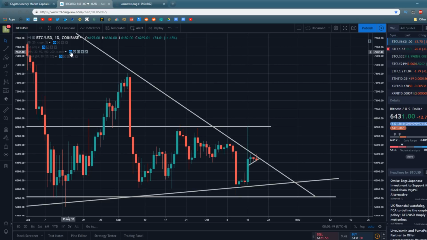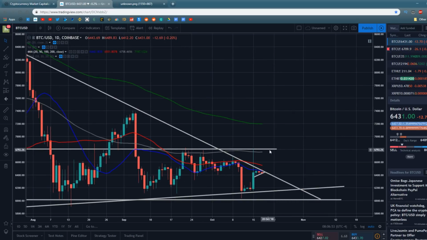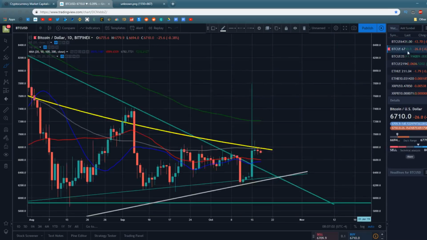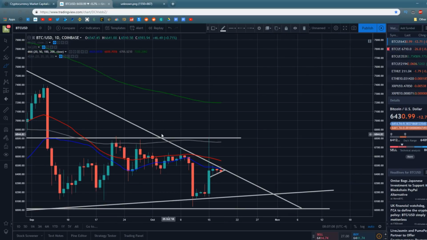If Bitcoin gets above this long-term downtrend of resistance, what I see happening is that Bitcoin is going to run up here and be testing right around $6,800 as this next major level of resistance. As you can see, this little wick right here, when Bitcoin ran up on the Coinbase chart as opposed to on the Bitfinex chart where Bitcoin ran all the way up there, we saw Bitcoin get resistance at about $6,800 right there, which correlates with a very important level of resistance at $6,800, and also right here around the 100